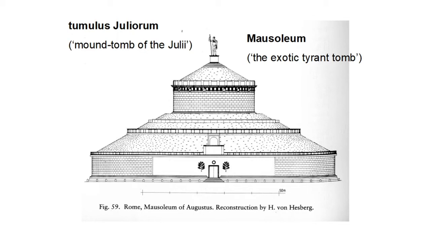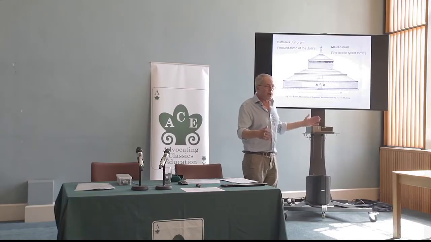They say, oh, this is one of the reasons people support Octavian, not Mark Antony, because Mark Antony is going to be buried in Alexandria, and so Octavian builds himself this tomb in Rome, and it shows his loyalty to Rome. Right. Okay. What this is, you can see, we don't know quite what it was like.